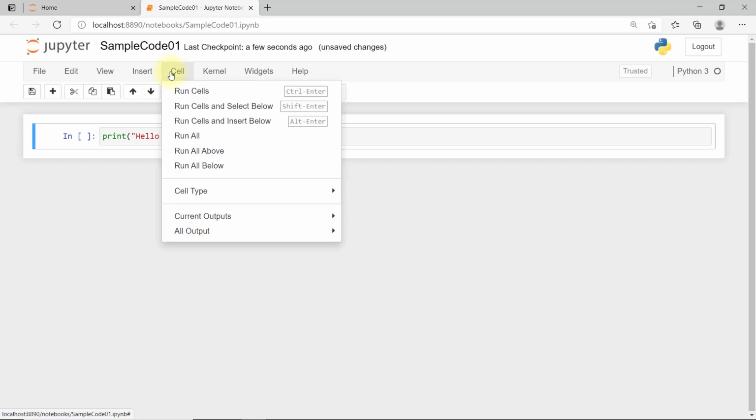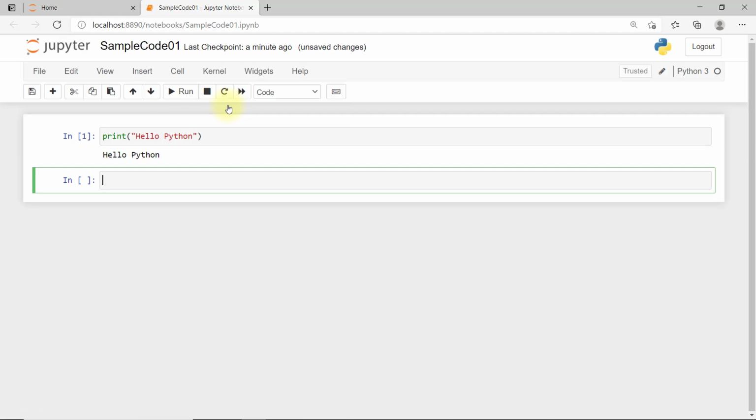When writing your Python script using Jupyter Notebook, you can break your code into several cells as you desire. You can use these very useful keyboard shortcuts such as Ctrl+Enter to run cells, or Shift-Enter to run cells and then select the next cell below, or you can run all cells. Since I only have one cell here, I'll choose this and you can see the output of the code right away after the cell. Then, it creates a new cell below it and selects it. Using this approach, I can continue writing my Python code